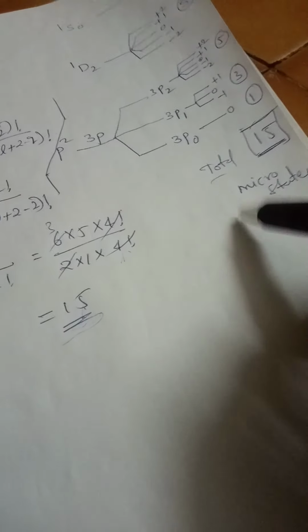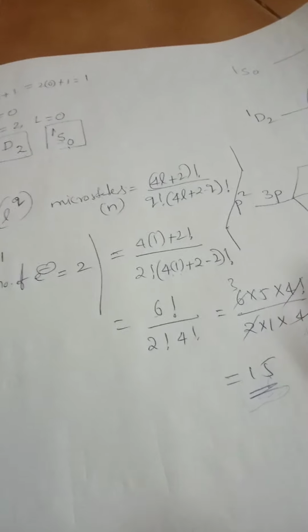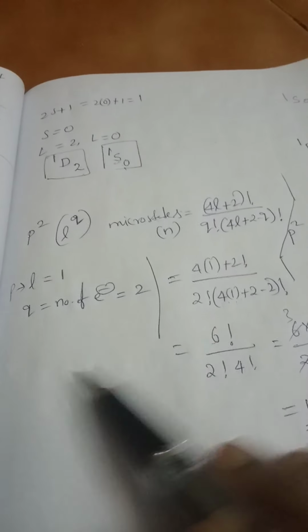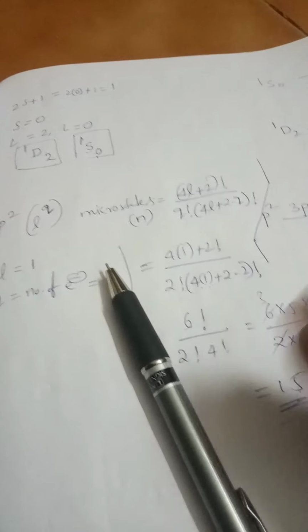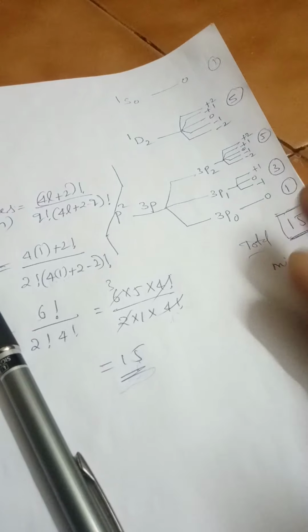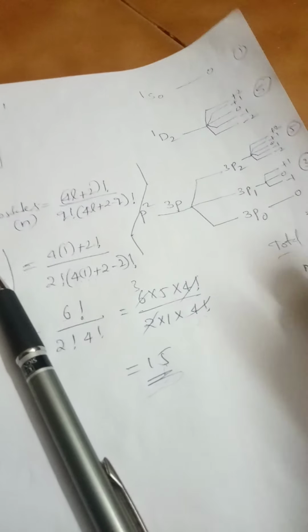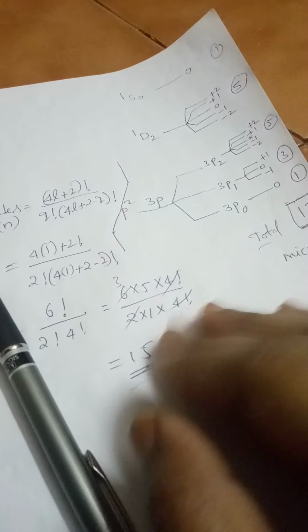It is a proof with these 15 microstates. We can calculate all the term symbols of the microstates and compare how many terms there are. It is somewhat complicated, but p2 has only a few electrons, so we can calculate all these microstates and compare. For the remaining configurations the microstate counts are very large, like 45, 120, so it is somewhat difficult to calculate the total microstates and give that proof.